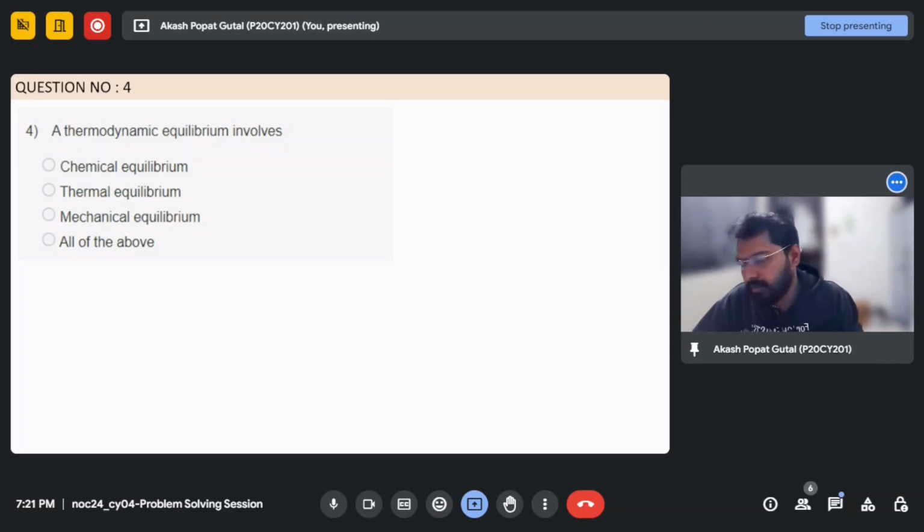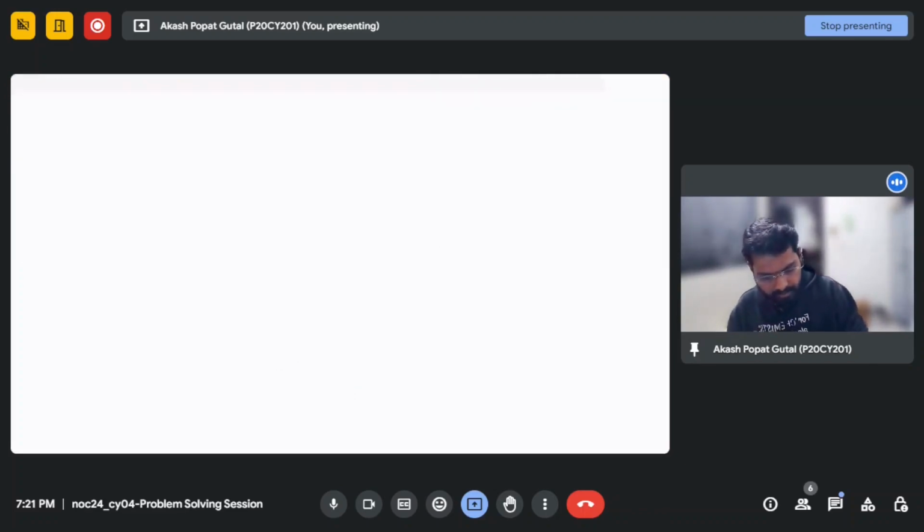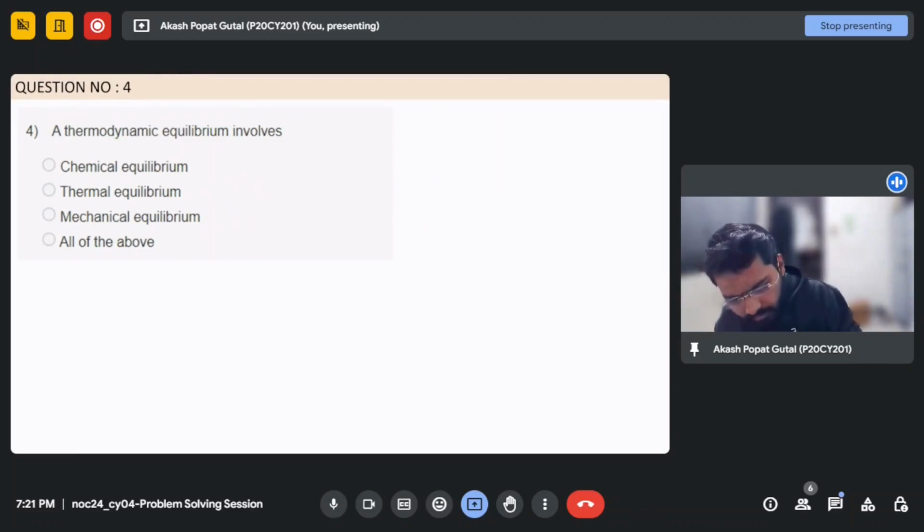First of all, we will see what equilibrium is. If the property does not change within the limit of the observation that has been done on the system, then we will call that equilibrium. So what we know about chemical equilibrium is,